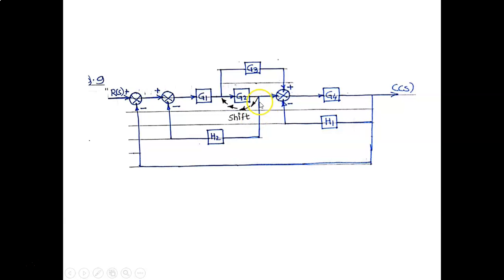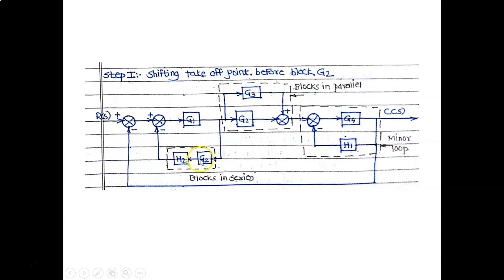Therefore, we will shift this takeoff point behind the block G2. Whenever we are shifting the takeoff point behind the block G2, we have to add a block having the same value in line with H2. Therefore, the G2 block will be added here in line with H2. See that we have shifted this takeoff point, so that this G2 and G3